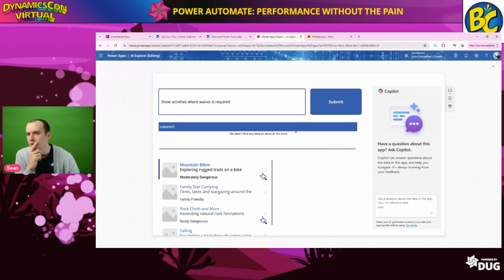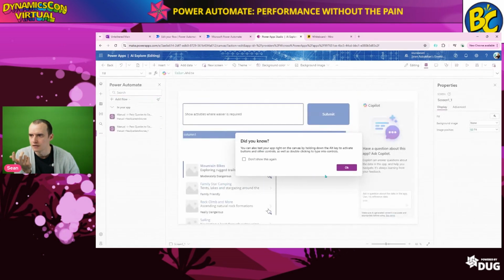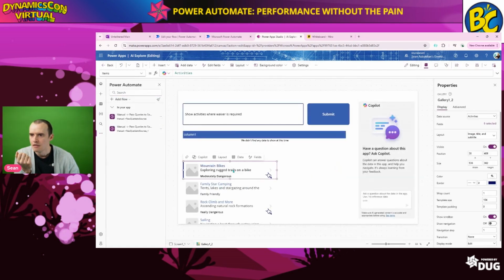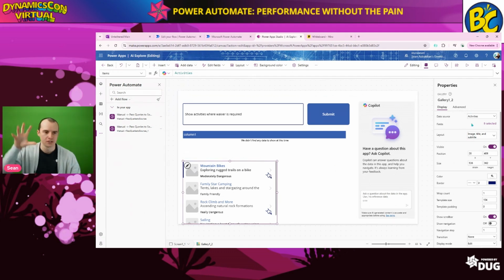And one of the ones I've been playing with is I have here this SQL activities list. This right here, this list of outdoor activities, is coming from a SQL database called activities. So not Dataverse, it's coming from a SQL database. But if I try to use